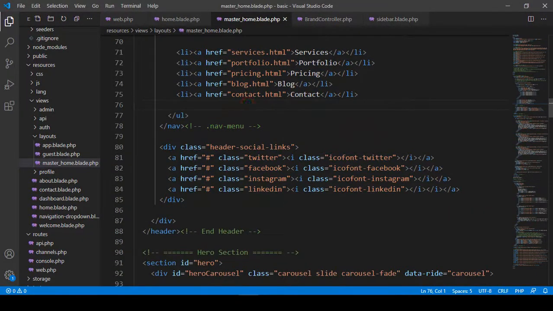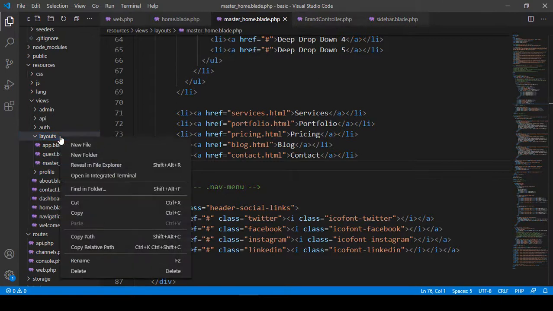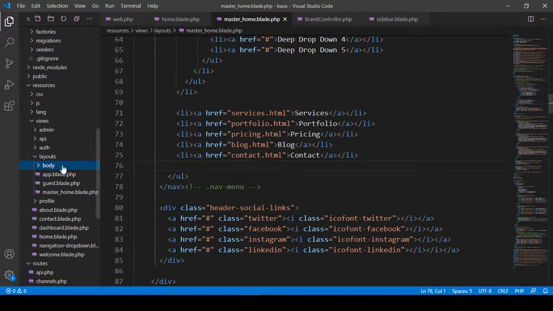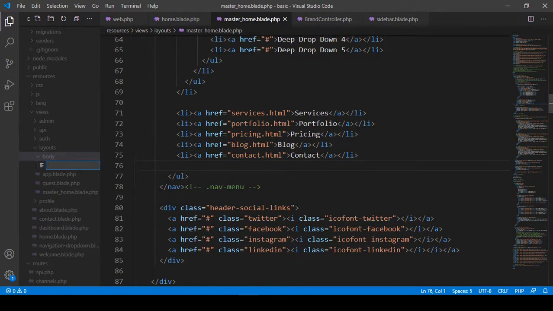So now I want to segment everything. If you want to segment it, I think you already remember that part. Into the layouts folder, I want to create a folder, and I just name it body. In the body folder, I want to create three different pages. One will be the header